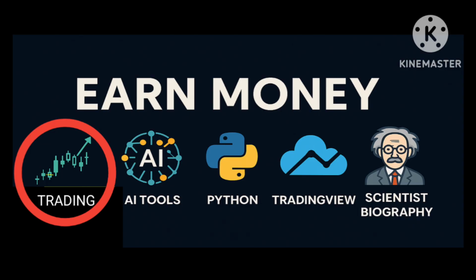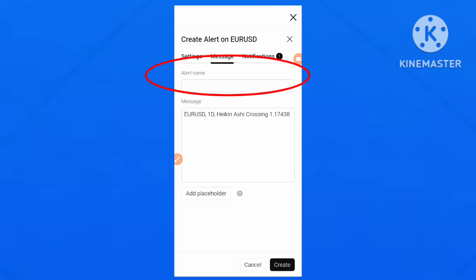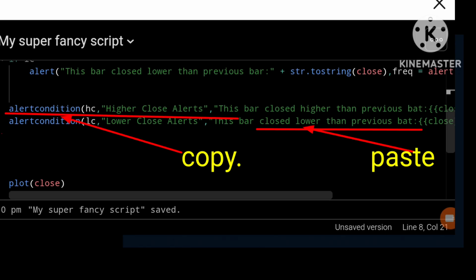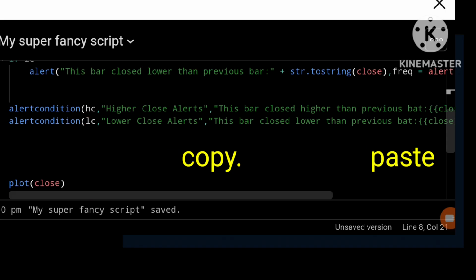This alert condition, on the other hand, is greater for manual alerts because you can give each alert a title. So, for example, I could copy this, paste it down here, change this to lower close, and change the condition to our lower close variable. Change that to lower. So, here is our lower close alert.